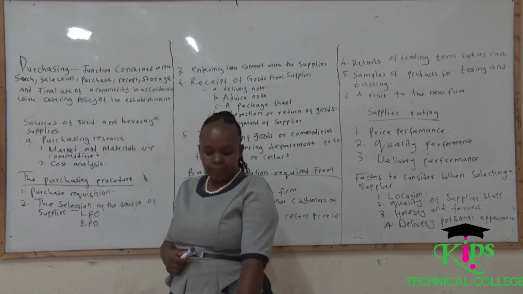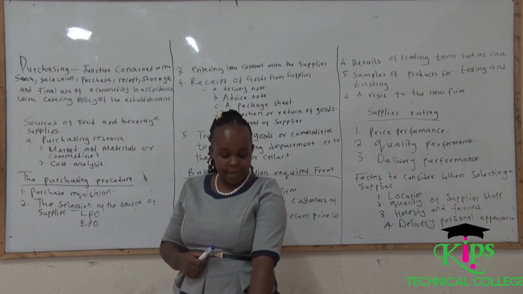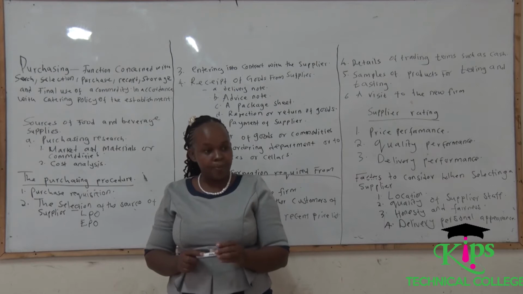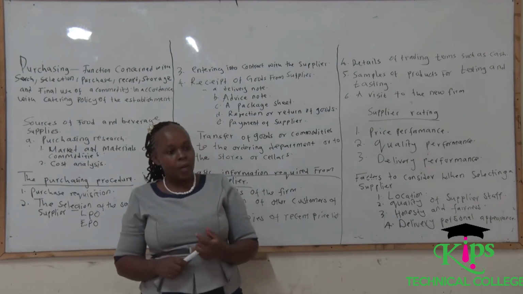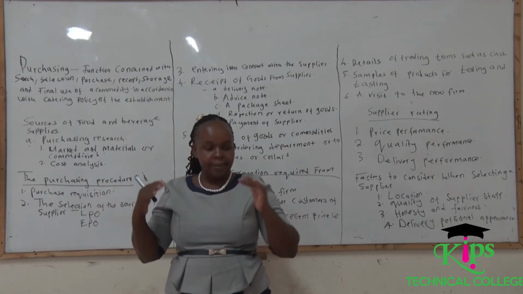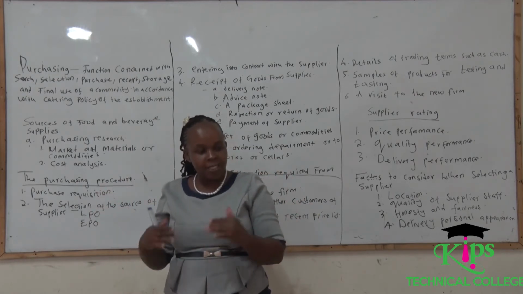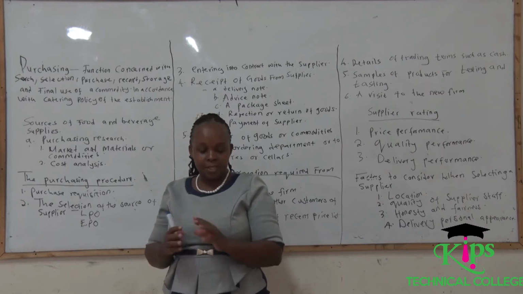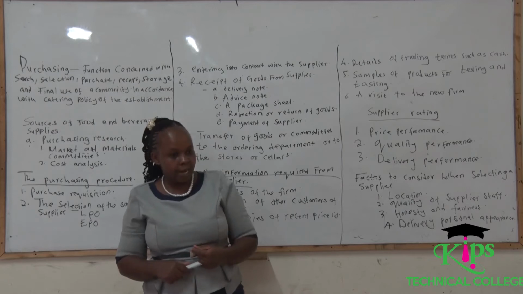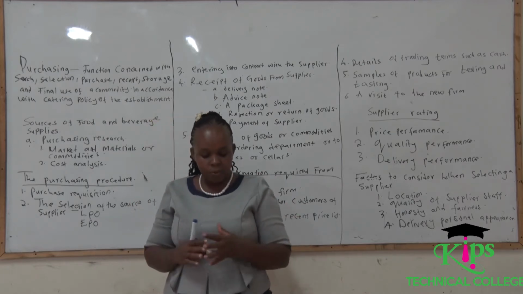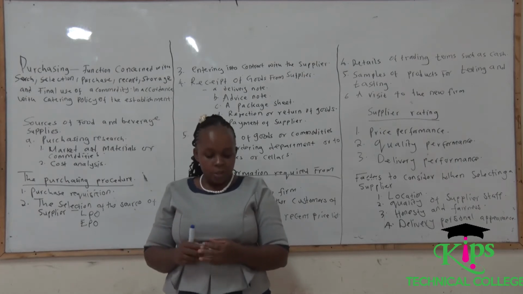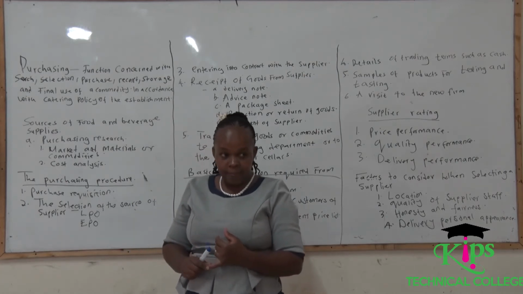Having done that, there is a purchasing officer now. We have looked at the purchasing manager. The purchasing officer's responsibility is number one, seeks the required items from them. In the hotel, the kitchen personnel, the chef will write a requisition concerning the materials that they want. Number two, select the most suitable supplier from many, because there will be many suppliers who will be supplying different items. So you need to do a comparison. And also, he enters into the contract with the supplier.